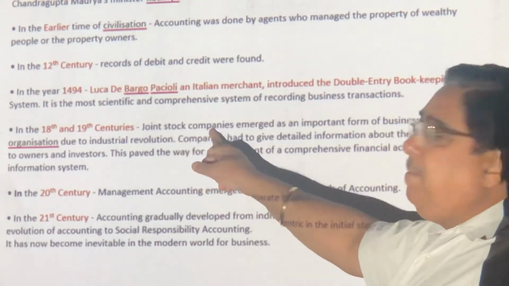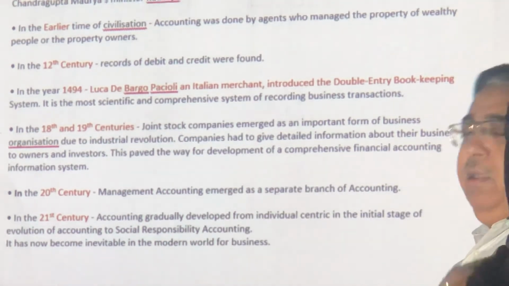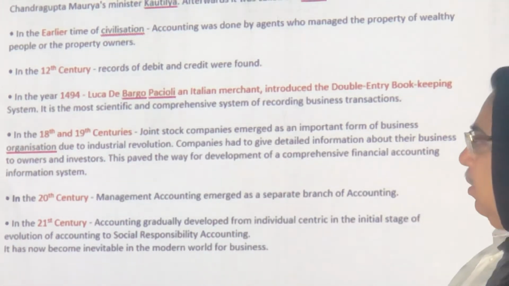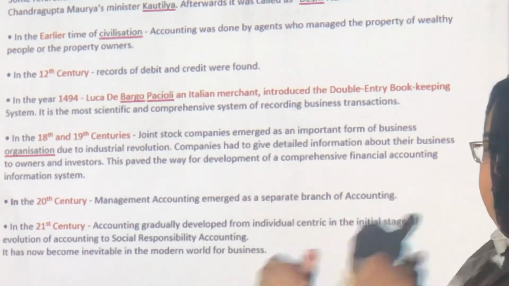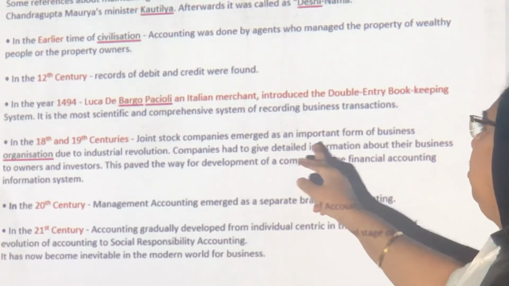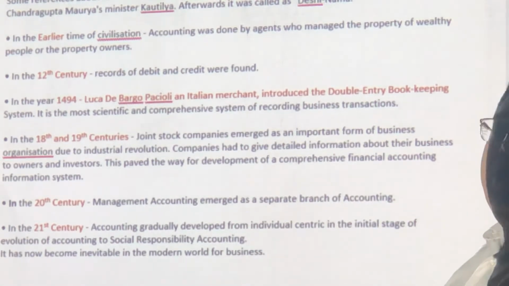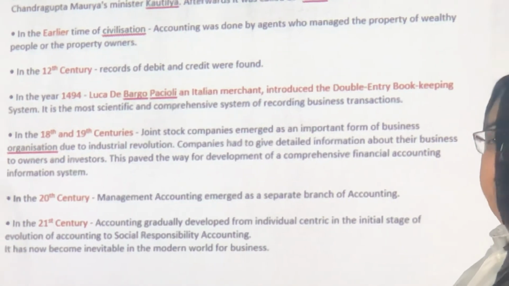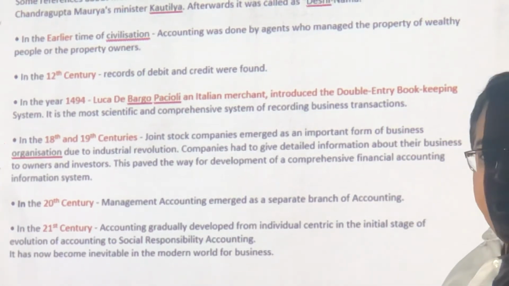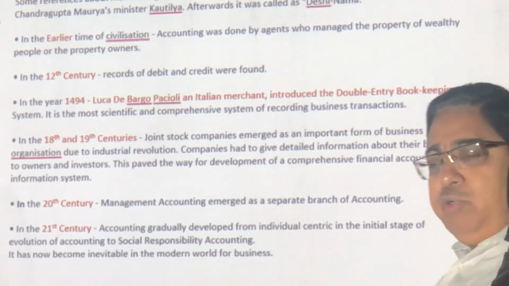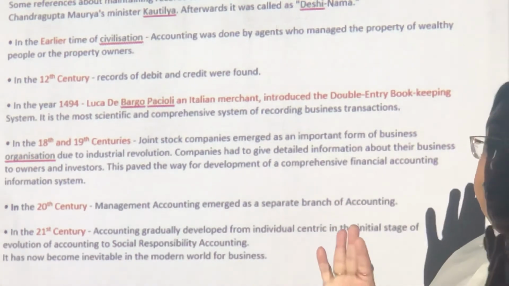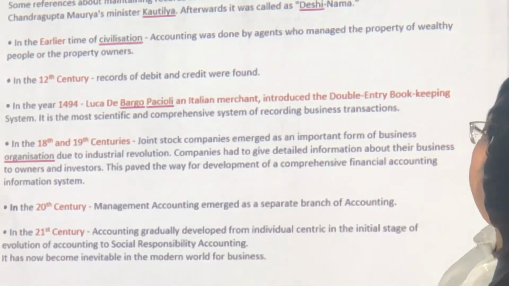Now joint stock companies. People came together. I have the money, you have the expertise, he has the technology. We will come together and form a company. So cloth industry, machine industry, railway industry, ship industry, joint stock companies. Now they needed to give detailed information to the owner. Where is the owner sitting? Hindustan Lever is part of Lever, and Lever is in Netherlands. So they want accounts there. What is my Indian company doing? Coca-Cola wants to know in America what is being done in India. McDonald's wants to know. So we have to make comprehensive accounts which are understandable to all. I can't say I'm writing in my own code language.